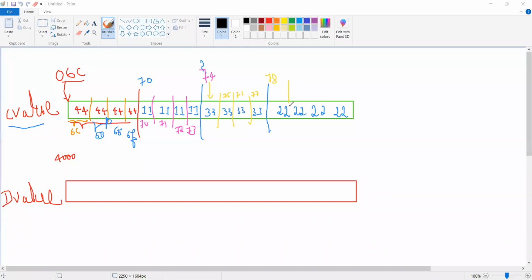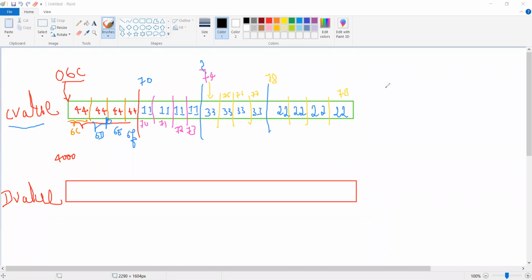So 78 is here. I will make a small line so you will not get any confusion. So 78, 79, 7A, last is 7B. Hope you understood now.